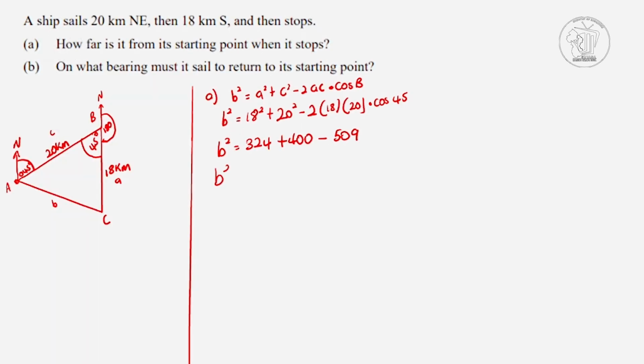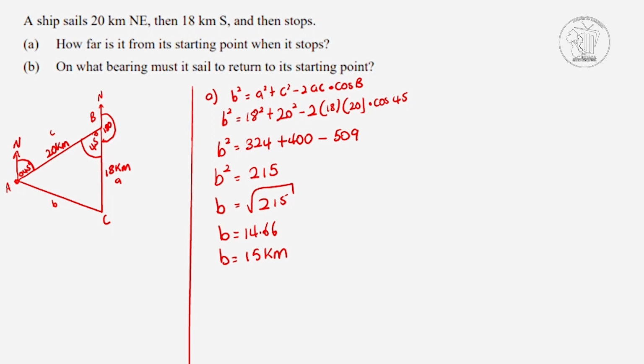So next, B squared will be equal to 324 plus 400 minus 509, which will give us 215. And then we are squaring the B, so to solve for B, we take the square root. B is equal to the square root of 215. Hence B is equal to 14.66. If you want to round this off to the nearest whole number, B would be equal to 15